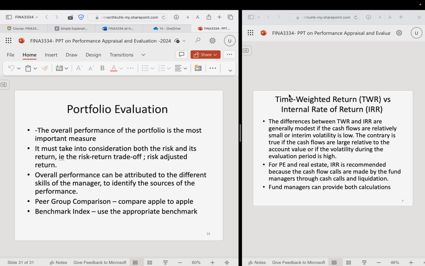While for the people, process, and qualitative evaluation, I think it's more relevant to private equity and hedge funds going forward, because for these you require a lot of techniques in terms of performing due diligence for the managers.